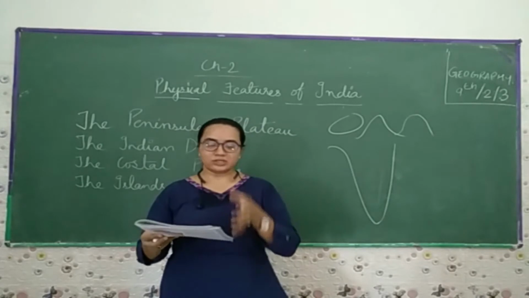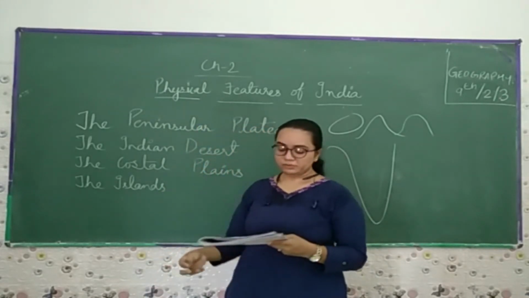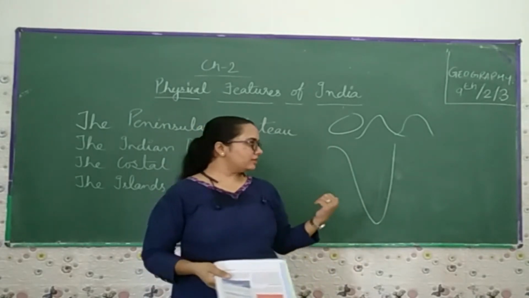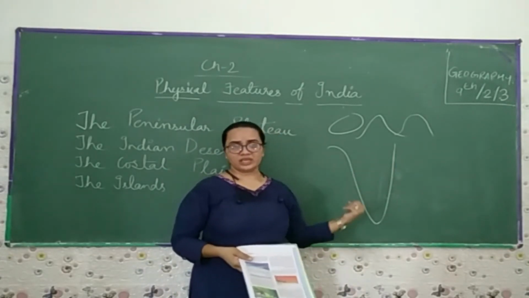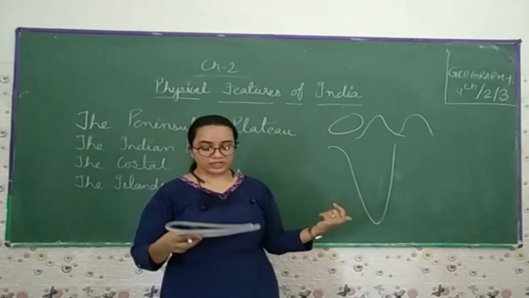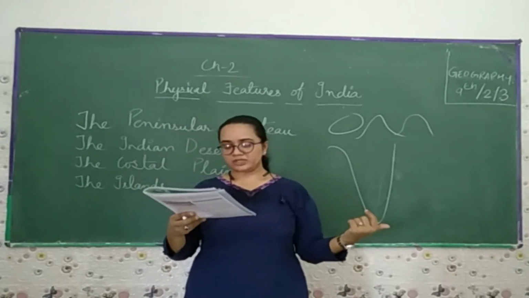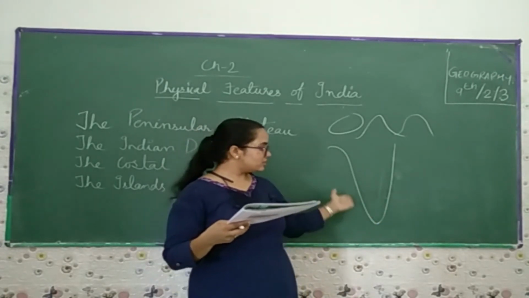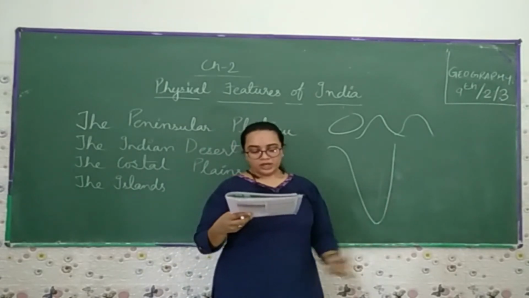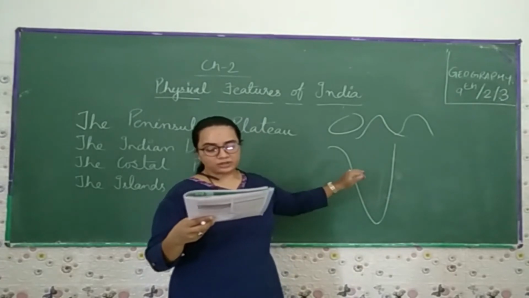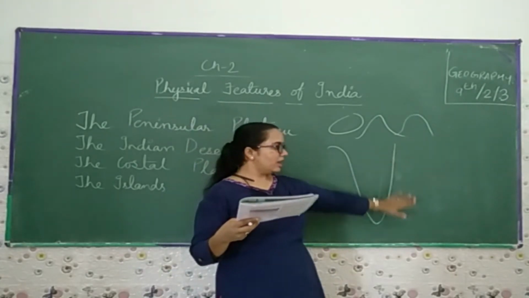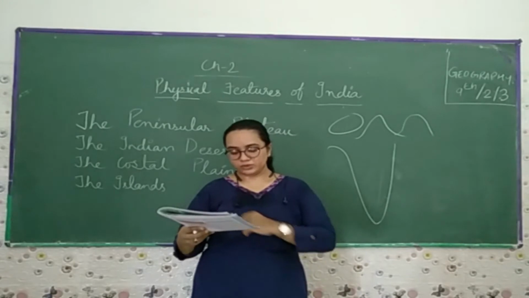Now we come towards the third topic of this chapter, that is the coastal plains. The coastal plains are the area of the coast where we have our sea and ocean, यानी एक समुद्री किनारा. The peninsula is flanked by a narrow coastline strip. This narrow coastline strip runs along the Arabian Sea towards the west, and the Bay of Bengal towards the east, and in the extreme south we find the Indian Ocean.